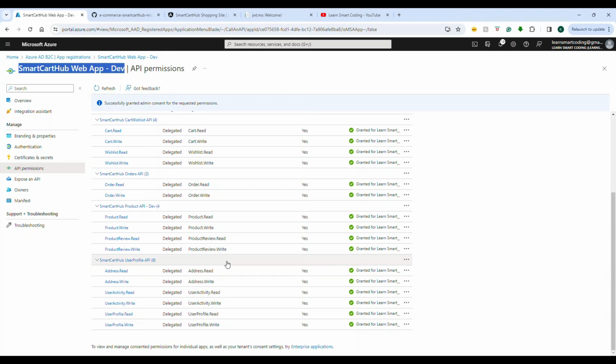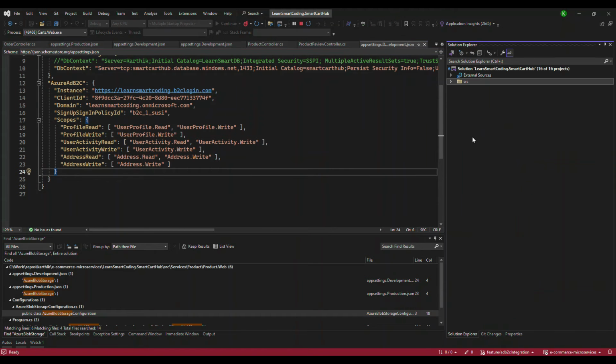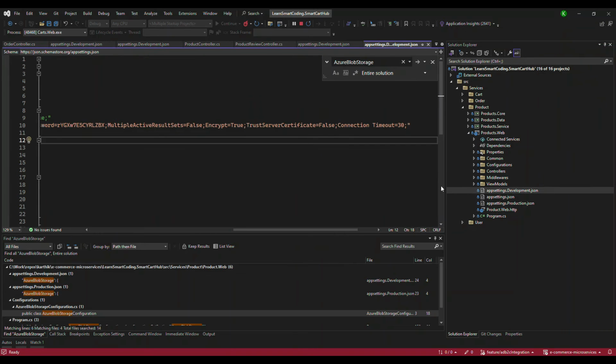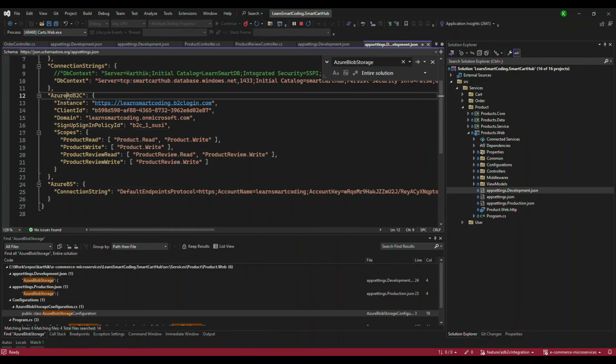Now whatever we have created, we need to put it back into our application, right? So the simple thing is, let me show you for one application. Let's open up Product. Here, we need to install a package that supports identity service. After you install it, all you have to do is go to the settings, and I have the Azure AD B2C